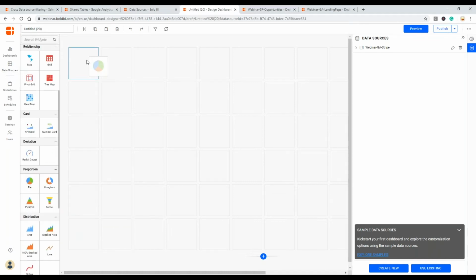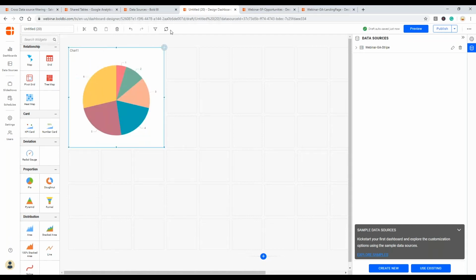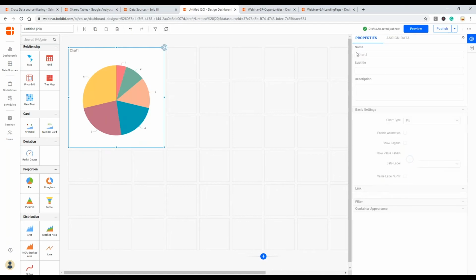Let me first drag and drop the pie chart, and in the properties column, let me name it gross volume by channel.